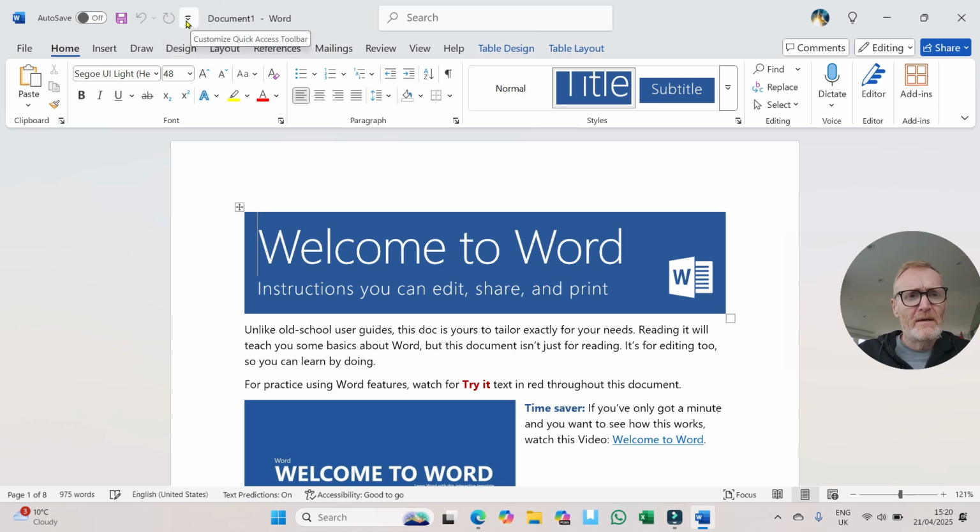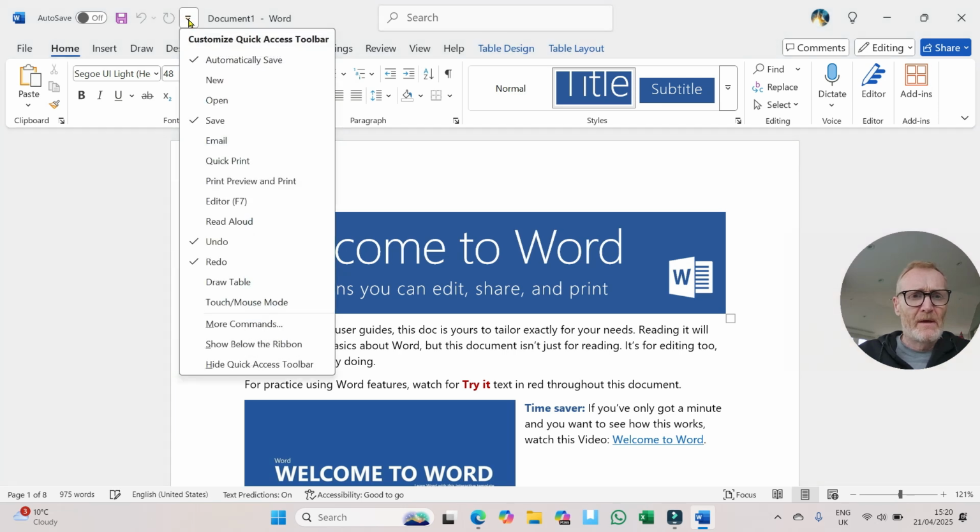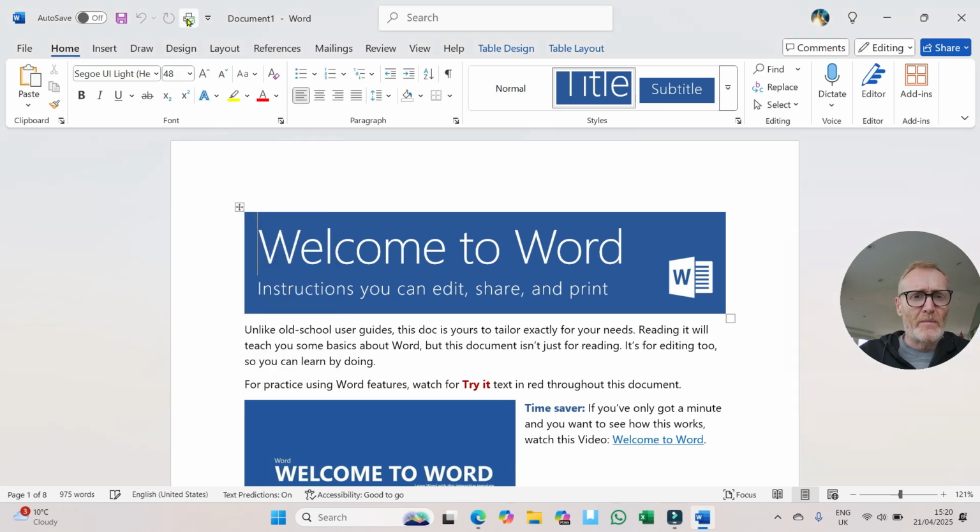This icon here, if I just left click, is to customize the quick access toolbar. I could add something else to it. So here we go. If I wanted to click quick print, that will add a little icon onto my quick access toolbar. And you can see that quick print's gone up there. Moving across here,